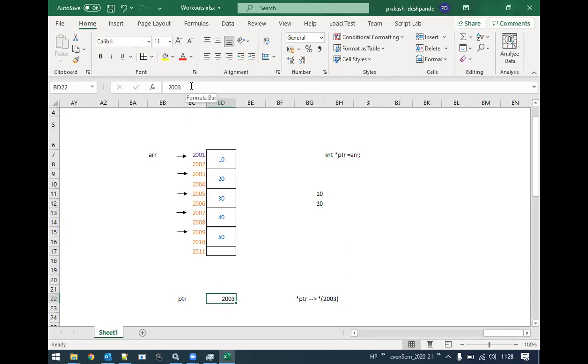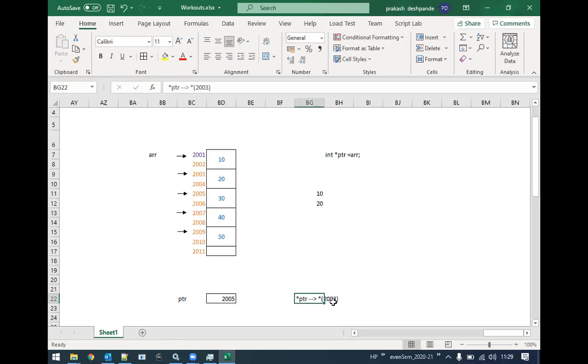Whenever arithmetic operations happen on memory addresses, the incrementation is not by 1 or 2. It depends upon the size of that particular data type. So from 2003, it will change to 2005.